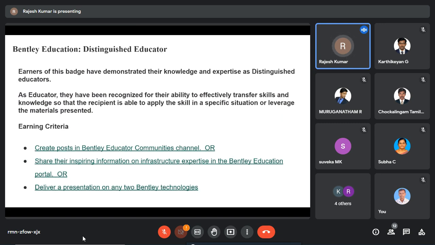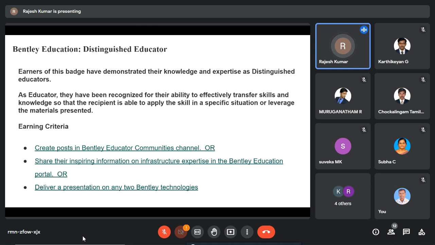If you want a badge in the name of an educator itself, then as a faculty you should have completed a lot of trainings on Bentley software modules, to students or to students of other institutions, to faculties or to faculties of other institutions, and those videos have to be recorded. Like how you submit everything for your PhD, whatever papers you submit, like that you have to maintain your records and then you apply for it.